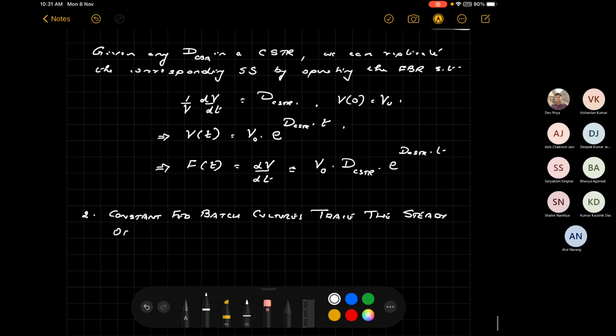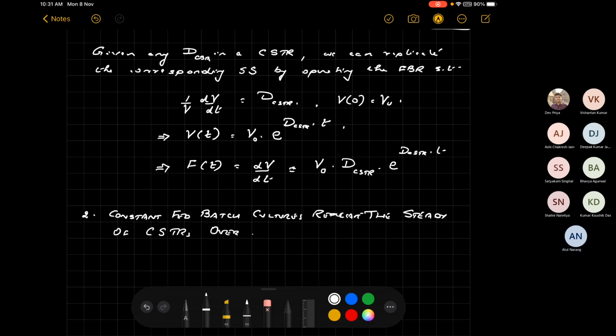By trace, actually, once again, they simply replicate the steady states. But maybe I should simply say not trace, but replicate. They replicate the steady states of CSTRs